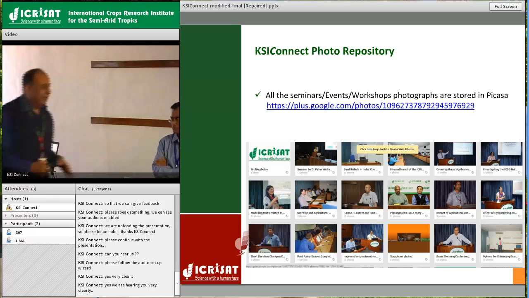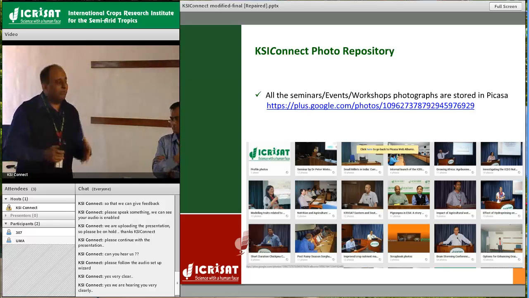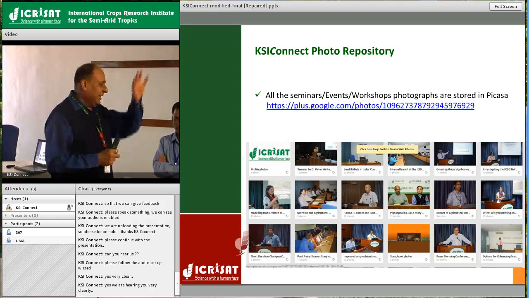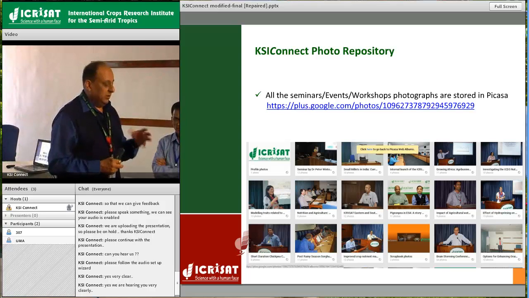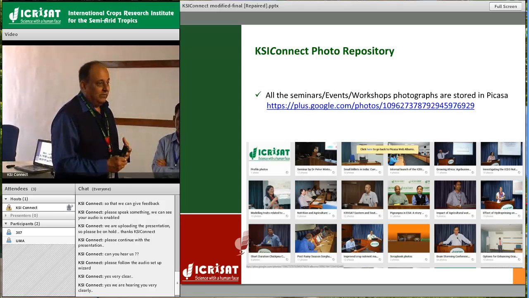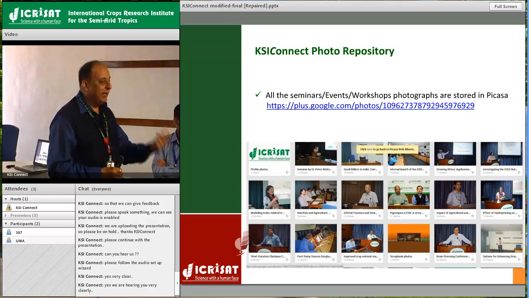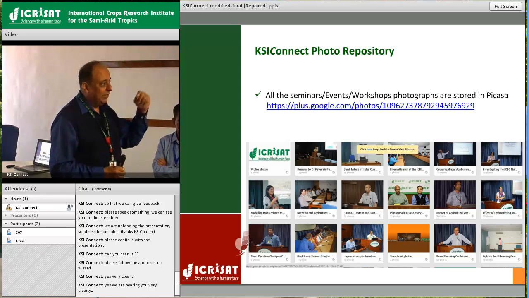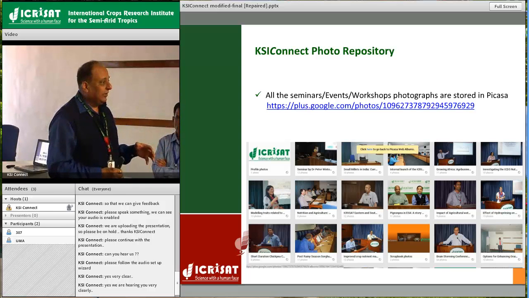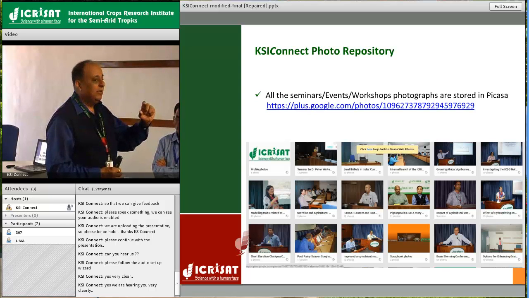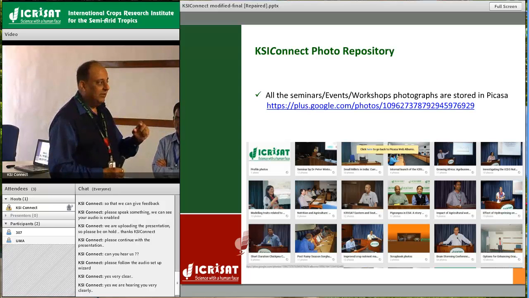So, okay, I'll summarize. Whenever you use something, try and understand the layout. Enabling audio is very important. If you have to participate with your audio, you have to enable your microphone. Some of the tips are available there from ICRISAT. Whenever there is a session, we attach a small document where we try and help the participant know how you can enable audio and video and all that. So those things are there. How you enable audio, how you enable video and all that, you have to keep it in mind.